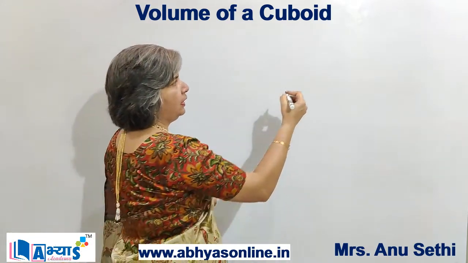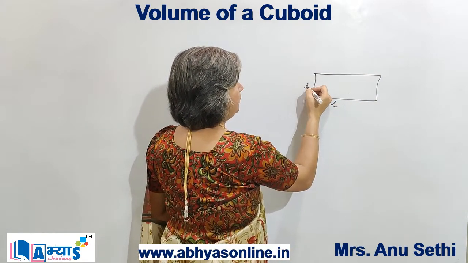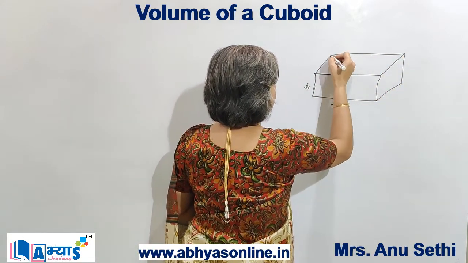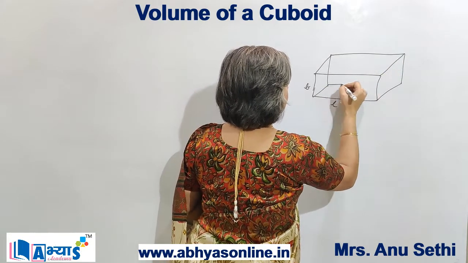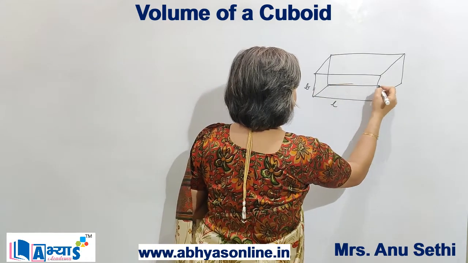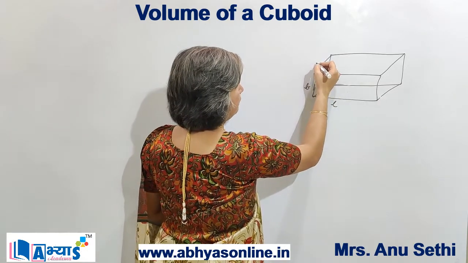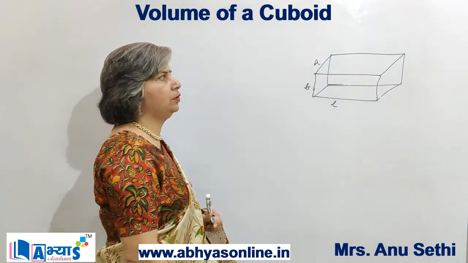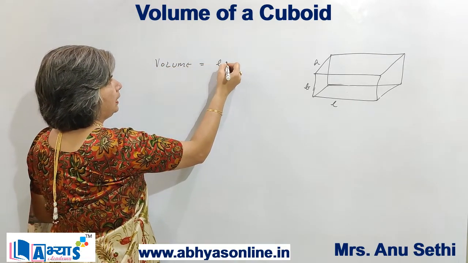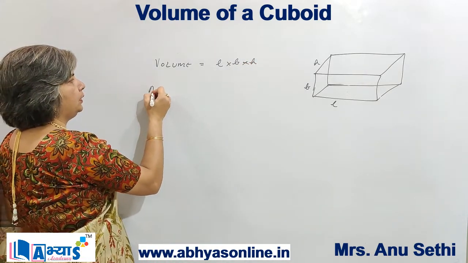For example, if I have a rectangle with length L and breadth B and I give it a height H, that means I have a figure with length, breadth, and I have given it a height H. It will become a cuboid, and the volume of a cuboid is equal to L into B into H. Suppose I have been given a cuboid